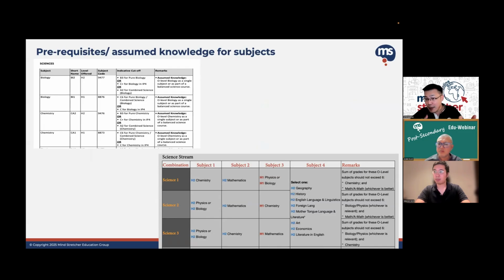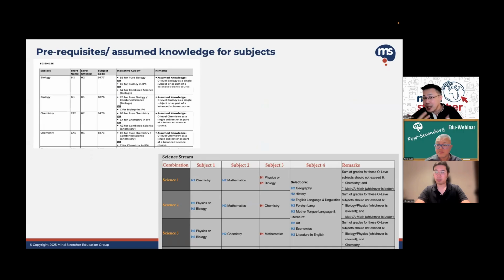What can happen is a few things. One, some schools may still allow you to take H2, but you have to do bridging, right? That means you are expected to bridge the knowledge gaps on your own, and there will be quite a number, because the whole topic on differentiation, integration, calculus is a big part. That means when you go into H2 maths, you are assumed to have known all that already, right?